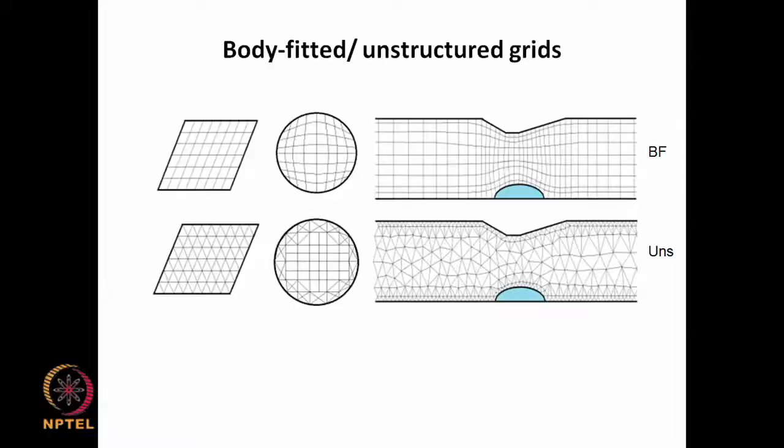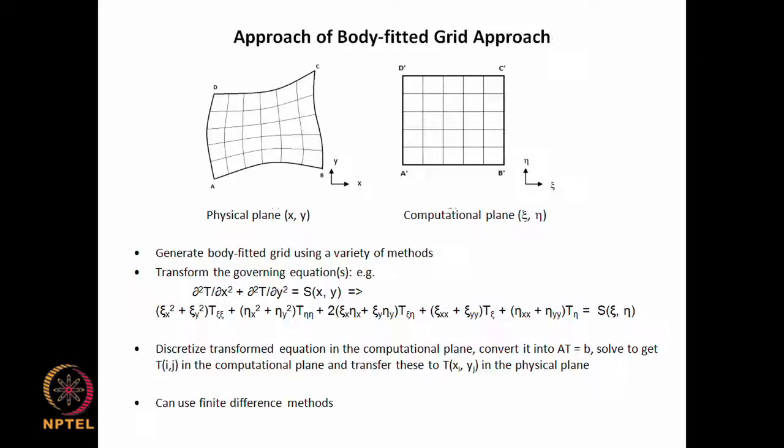We are in module 6 and we are looking specifically at the situation of flow through complicated geometries. We are looking at the two possible ways of dealing with this. One is the body fitted grid, the other is the unstructured grid. We saw in the previous class that if we were to use a body fitted grid, then